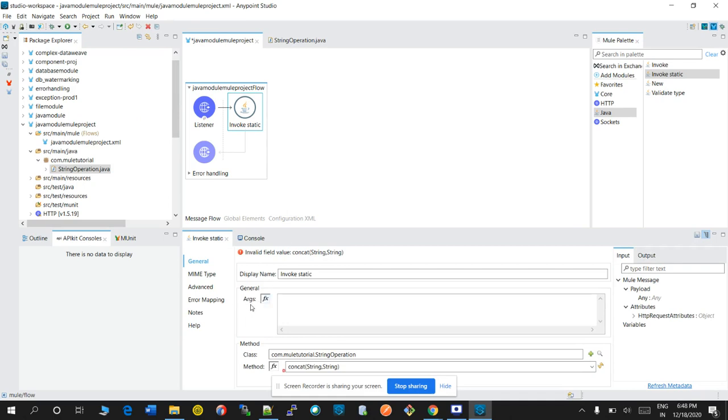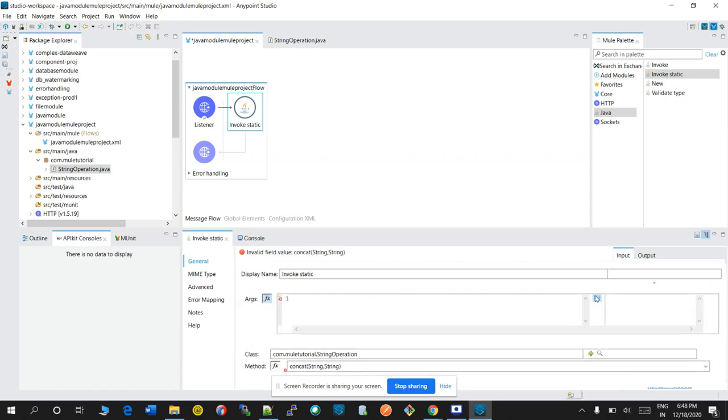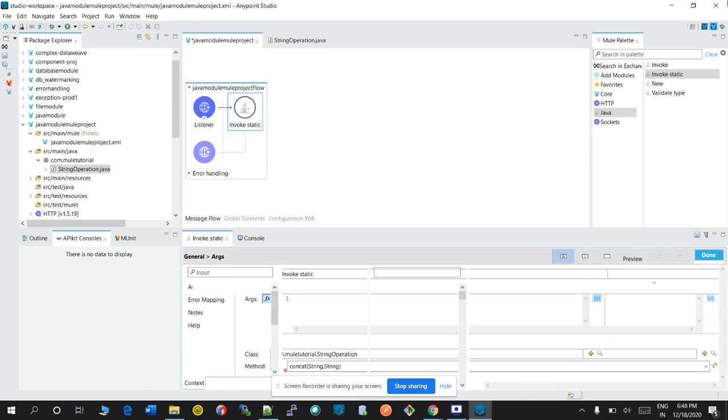Now go to the arguments section. Click on this function. Click on this graphical view. Wait for a while.